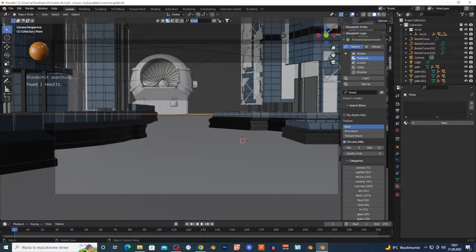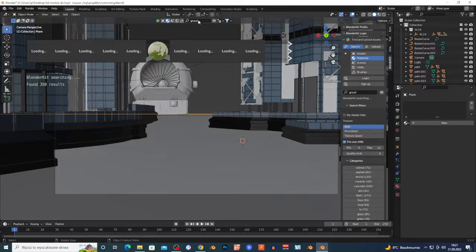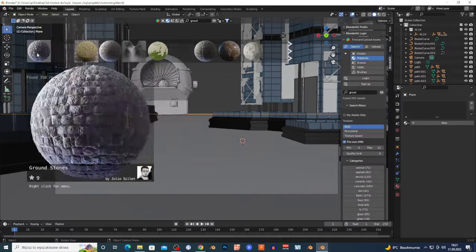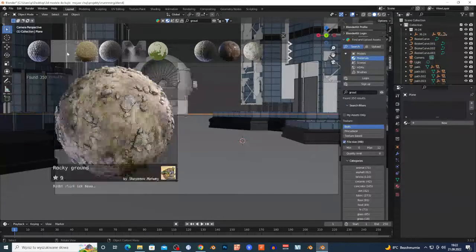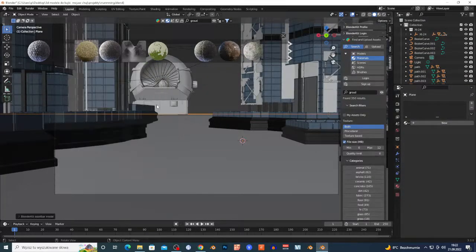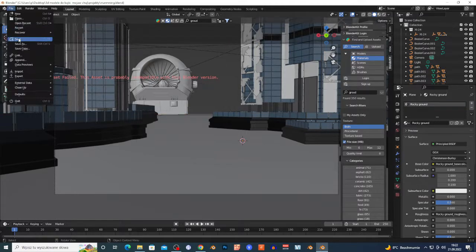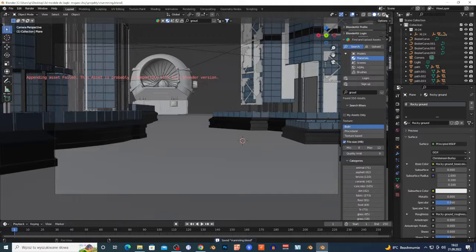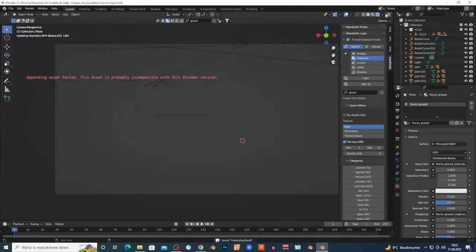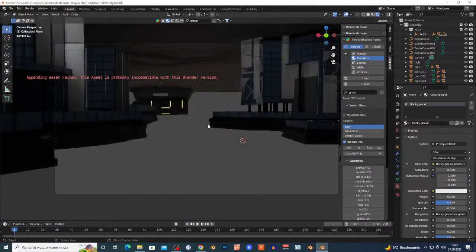Now? No, I don't see because it's late. Wait, guys. Now it's gonna be good. Okay. As you can see, I am the best. Rocky ground. Let me see how it looks because it's low megabytes. And if it's gonna be lagging, I'm gonna just save this. I'm sorry. I must check out how this thing looks. I don't know why.